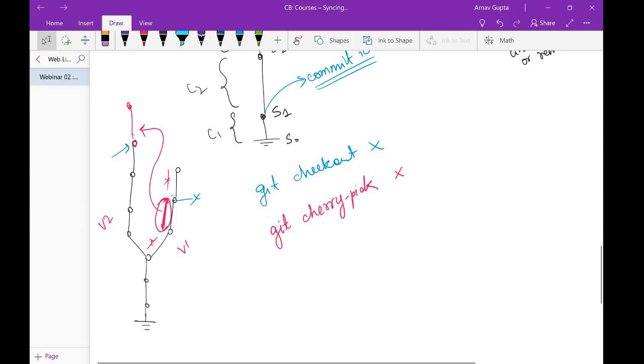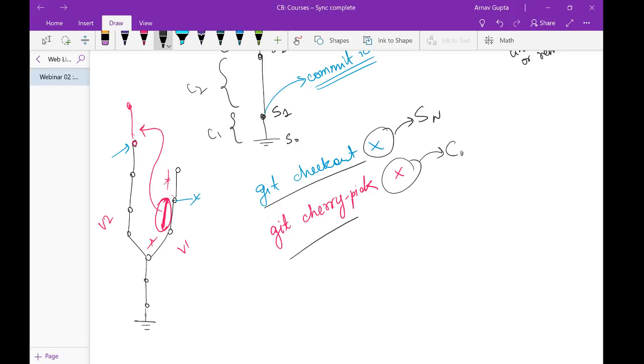Now you will notice something: in this case x refers to a state variable, and in this case x refers to a commit variable. Why? Because when we are cherry picking, we are only taking the delta, and the delta is basically a commit. But when we are checking out, we are considering the state. Okay,